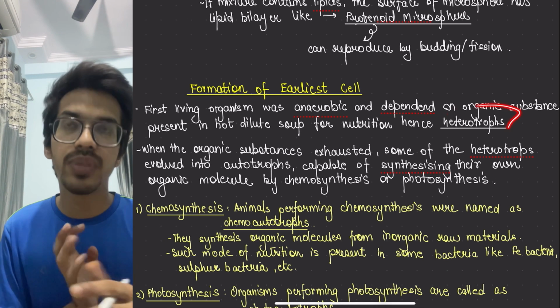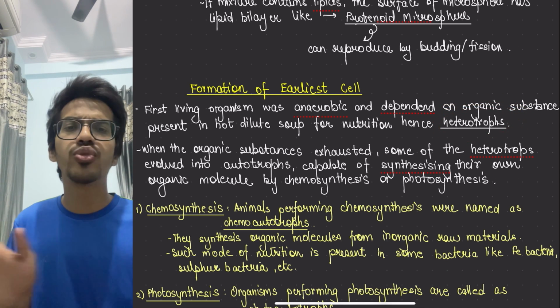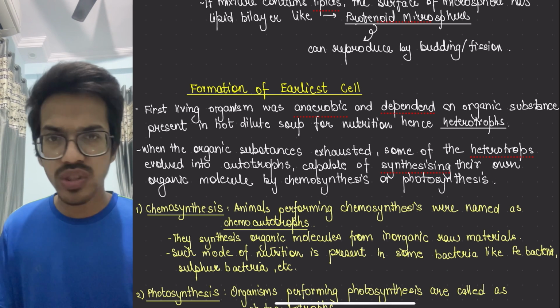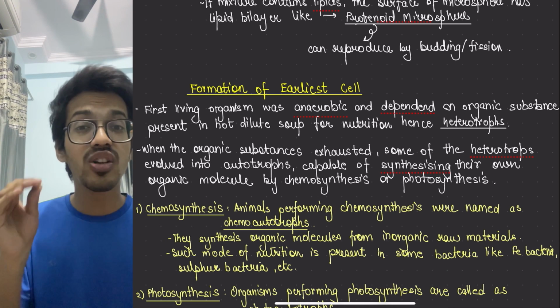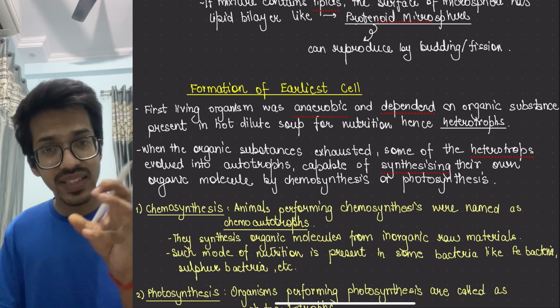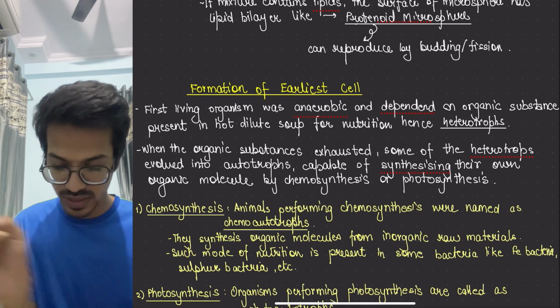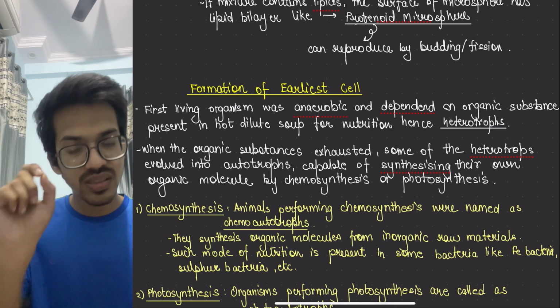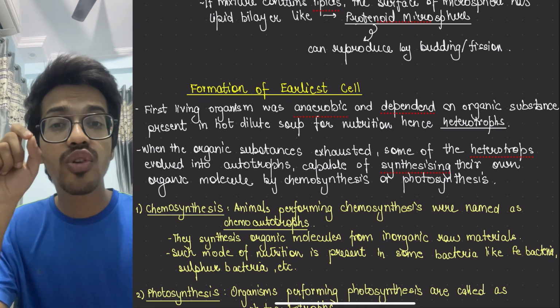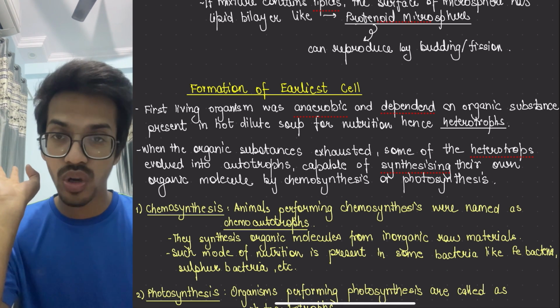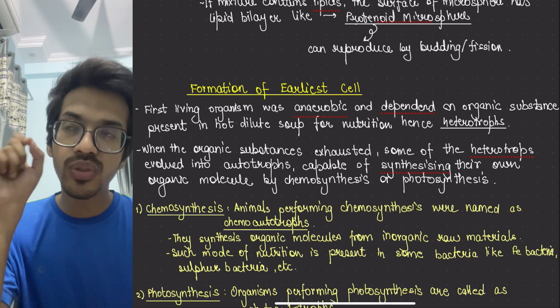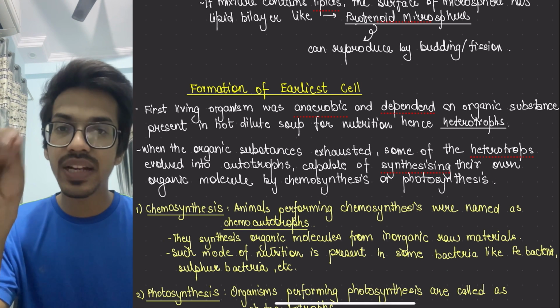And preferably they would be heterotrophs, they are not able to make their own food, that's what the logic says. So they eat the other organisms or the substances present around them. But the problem would be what? The heterotrophs are dependent on other organisms, and you know that the energy levels they get would be lesser,